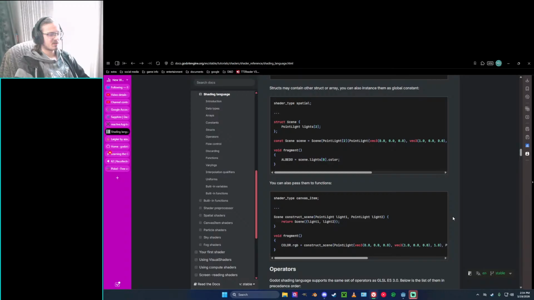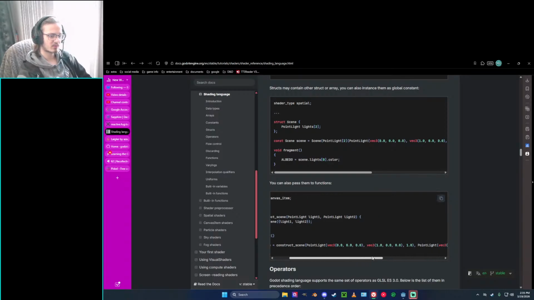Scene construct_scene(PointLight light1, PointLight light2) { return Scene(PointLight[2](light1, light2)); } void fragment() { ALBEDO = construct_scene(PointLight(vec3(0.0, 0.0, 0.0), vec3(1.0, 0.0, 0.0), 1.0), PointLight(vec3(0.0, 0.0, 0.0), vec3(1.0, 0.0, 1.0), 1.0)).lights[0].color; }